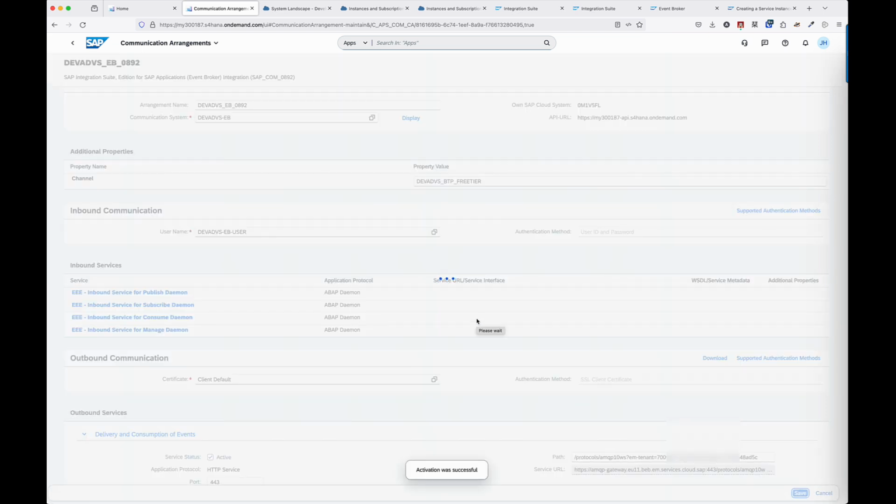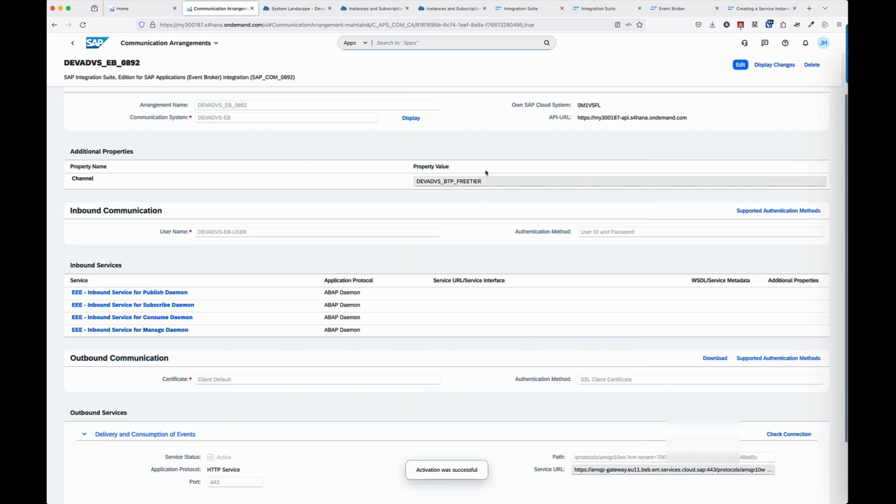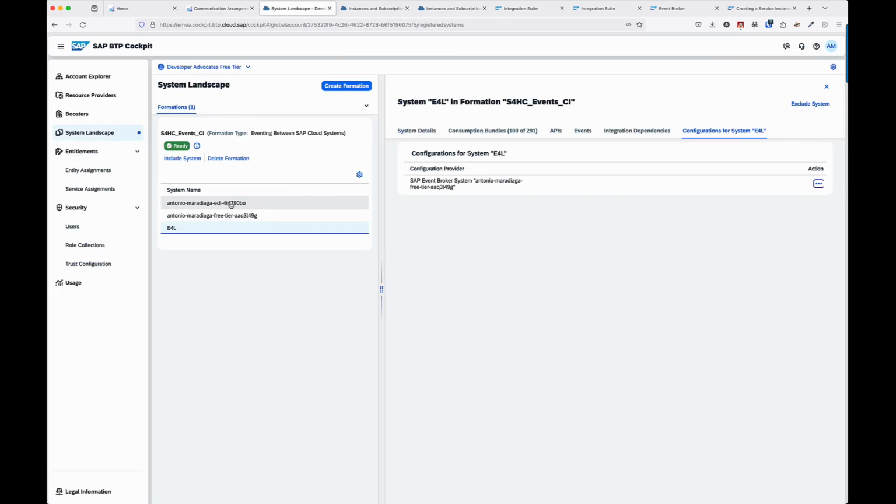Doesn't like the dashes, so it's okay. That's been activated, so everything's fine here. I've done everything that I need in S/4HANA Cloud. So now I've configured everything here